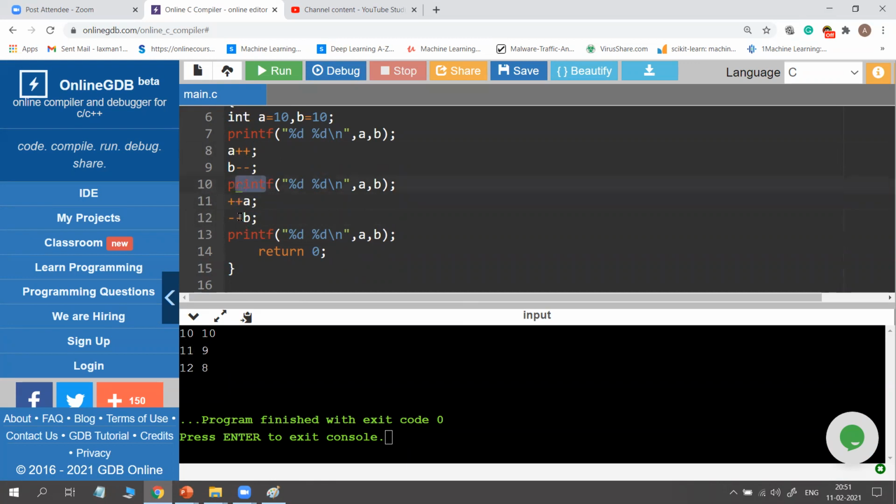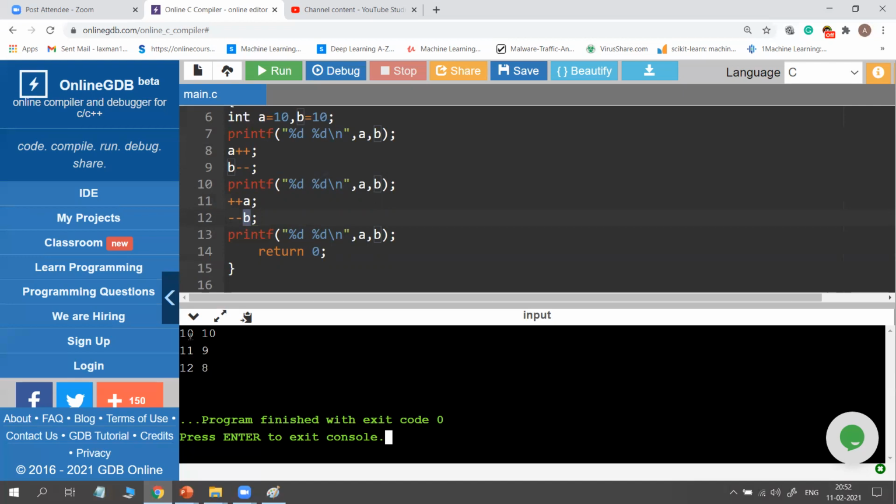Similarly, B minus minus and minus minus B also work in a similar way in this program, because initially B is 10, you apply B minus minus, it becomes 9, then you apply minus minus B, then it becomes 8. So the A value is incremented, whether it is plus plus A or A plus plus. Similarly, whether it is B minus minus or minus minus B, it is decremented.